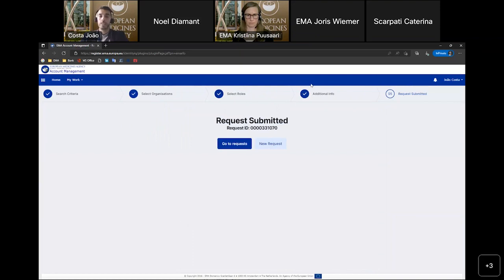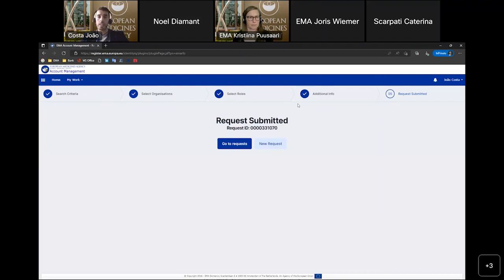This step 4 is if you are requesting an administrator role. So this user admin role that also Noel mentioned. The step 4 would be then to attach the proof of authority. It's a requirement, so it's a mandatory step for that case. Since in my demo I didn't select that role, we automatically skipped this step.